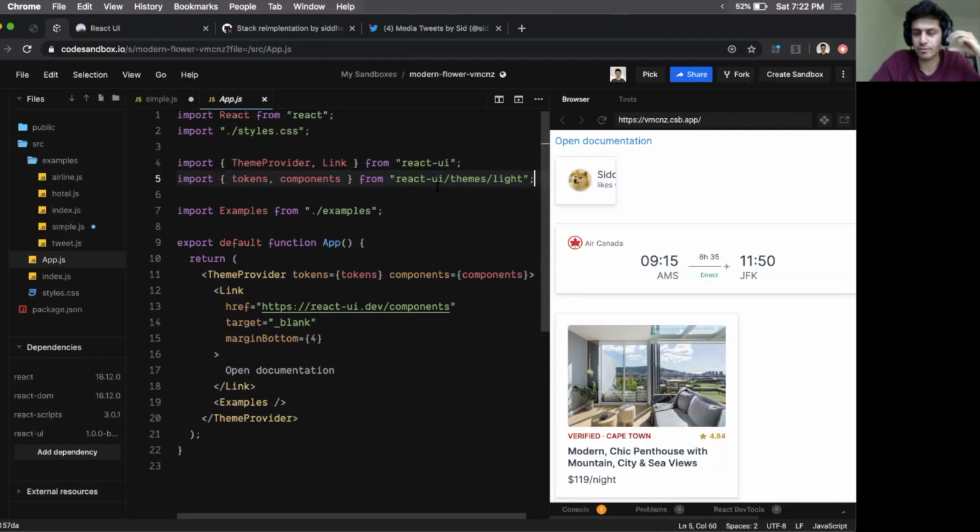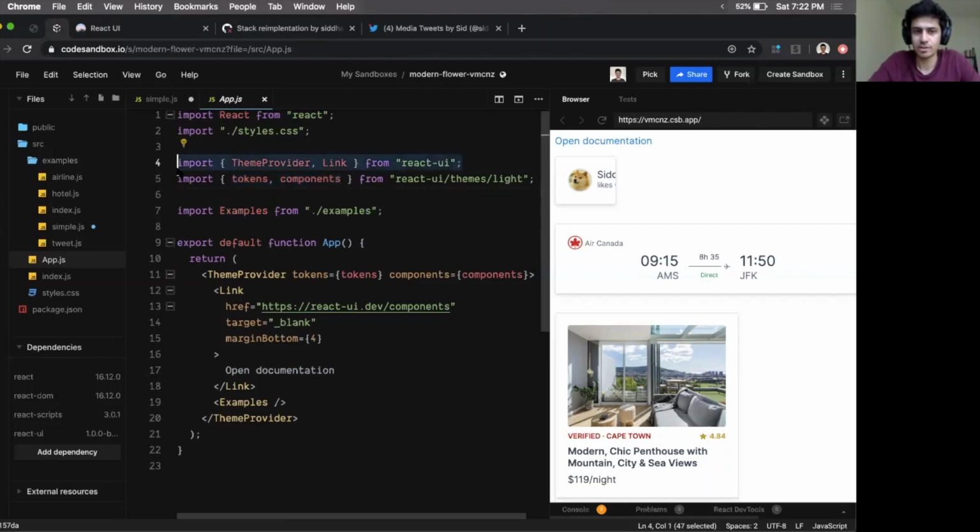If you're using one of the default themes, then you can cache this as well. But if you're creating your own theme, then you define the tokens and components. Instead of going the Webpack config route, we've made it into two different import statements, where this is the core and it can always be cached. But the tokens of your application are a different abstraction altogether.